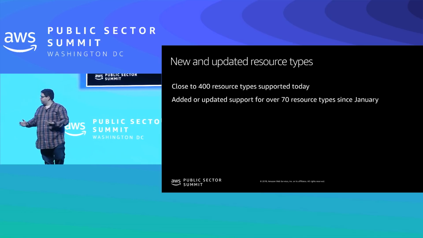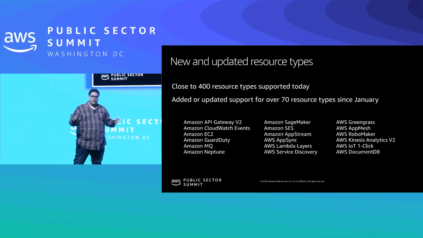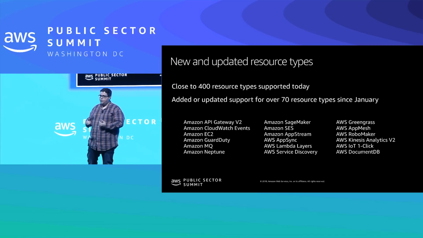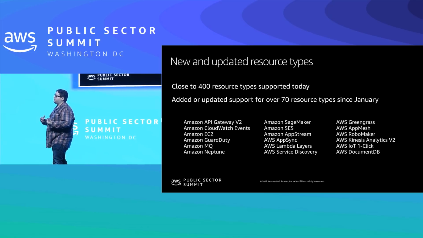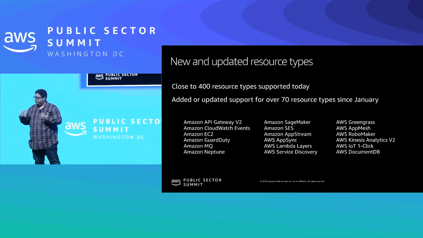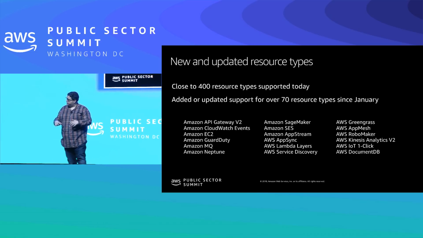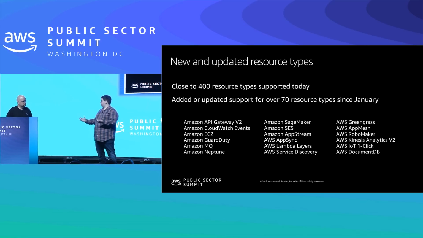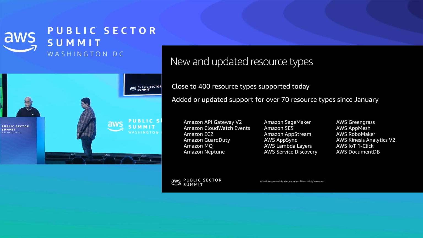We just added a bunch of new resources recently, right? We added stuff like Greengrass, which is one of my favorites. If you haven't checked it out, please do. Another one of my favorites that I use for personal projects is the API Gateway WebSocket integration. Beautiful. But going back to it, we really needed a way to better improve the tooling and the services and the process to improve coverage as a whole.